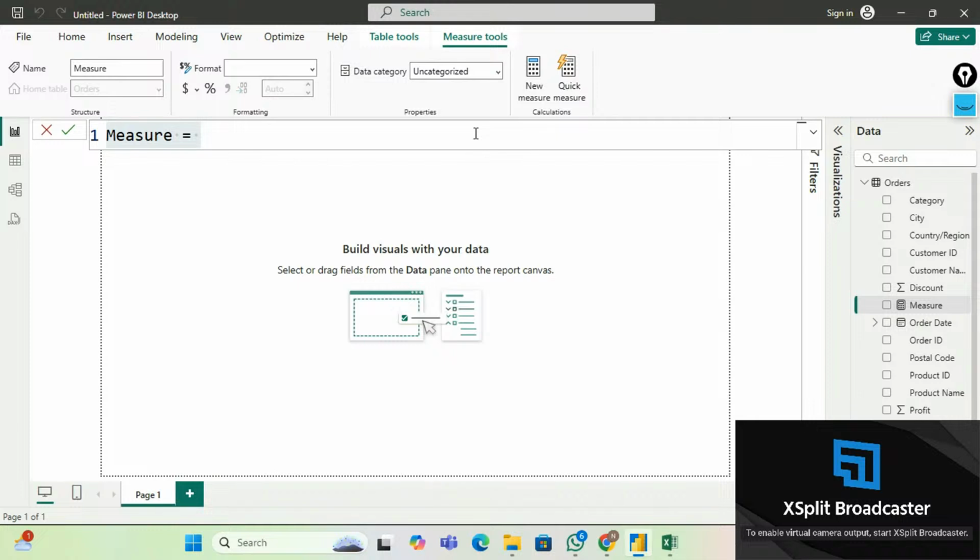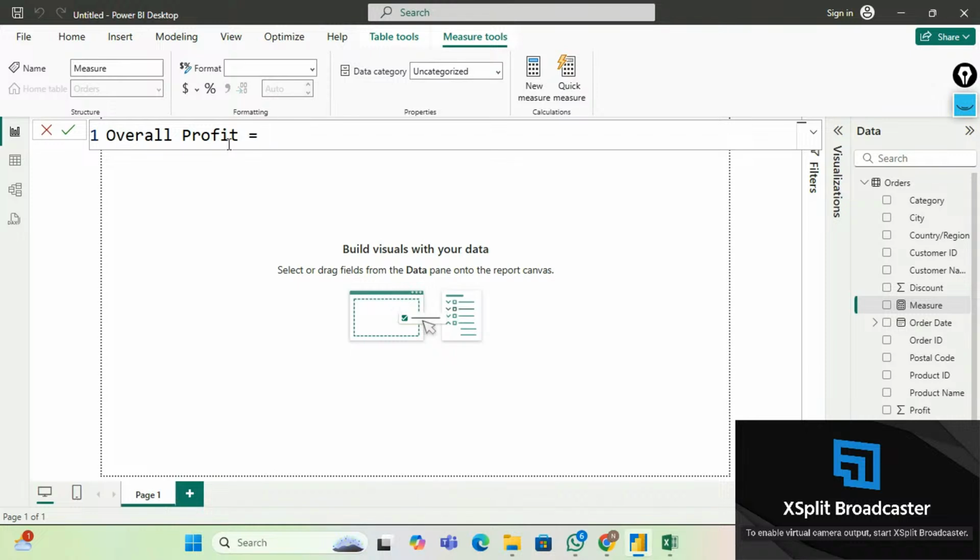We are supposed to calculate overall profit. So my output should sit in this variable called overall profit. Okay, so overall profit is equal to